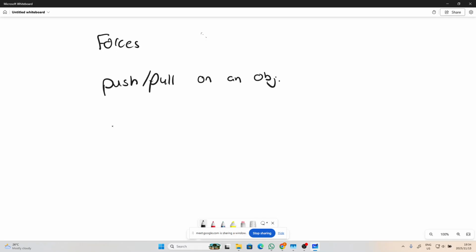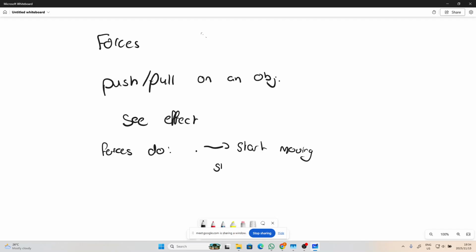Now, generally, forces are simple because you cannot see the actual force, you see the effect. So you see the effect of a force. Now, generally, forces do the following. Let's say an object is stationary. It will cause it to move, accelerate, start moving. Then it will cause it to stop moving,